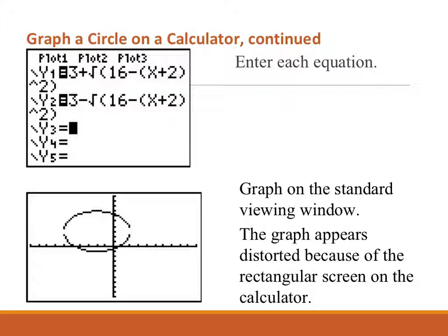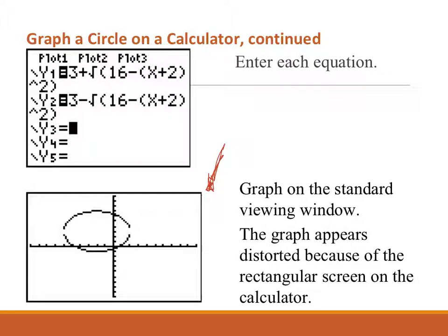And then on the second line, where it's Y2, you'll put in 3 minus the square root symbol, and do the same thing, 16 minus (x plus 2) parentheses closed. And then you'll hit the graph key. When you hit the graph key, you will get this particular